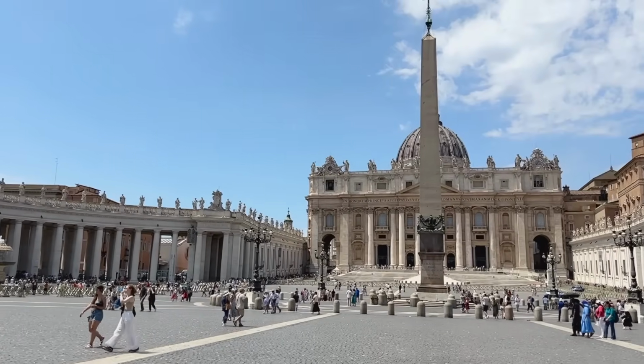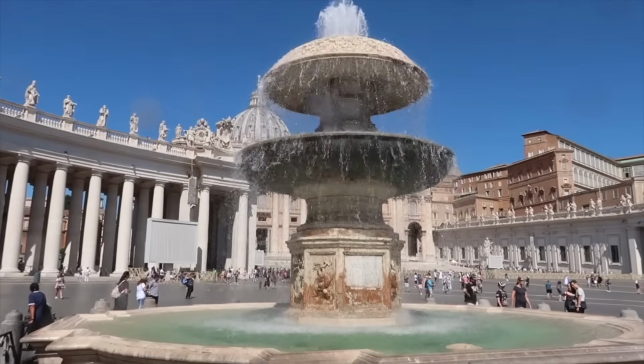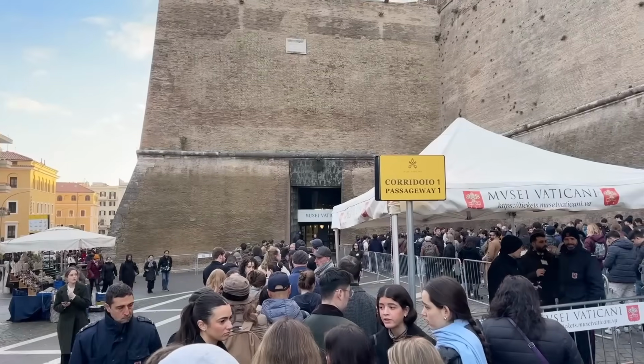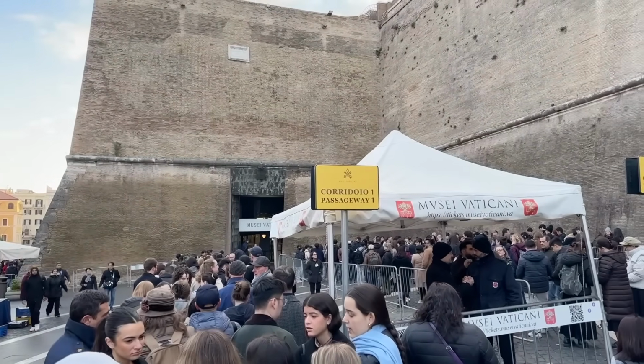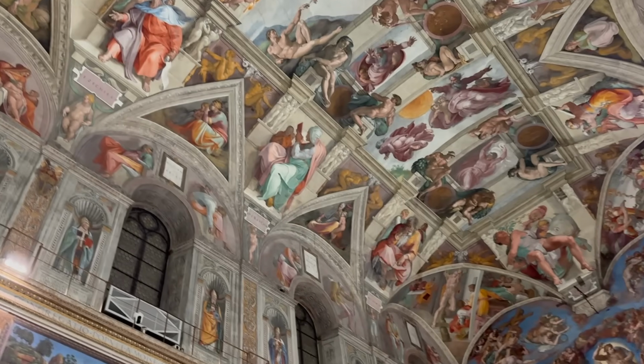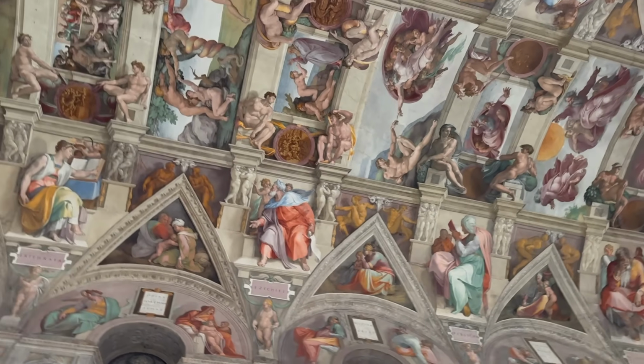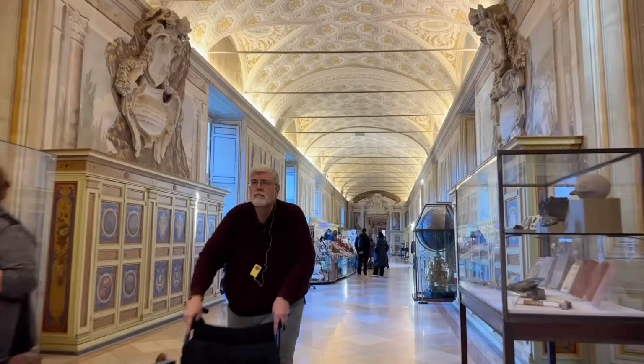Let's say that it's around 8:30 or so. You can visit St. Peter's Square and then make your way over to the Vatican Museums. And perhaps you've purchased a ticket for 9:30 a.m., so you're just going to make it for that 9:30 a.m. visit. You spend around 2 hours visiting the museums, making your way to the Sistine Chapel at the end of your visit. After 10-15 minutes or so inside the Sistine Chapel, you then have to make your way back to